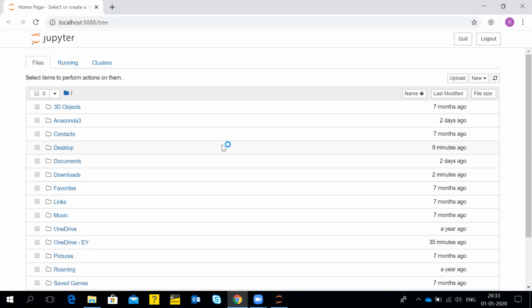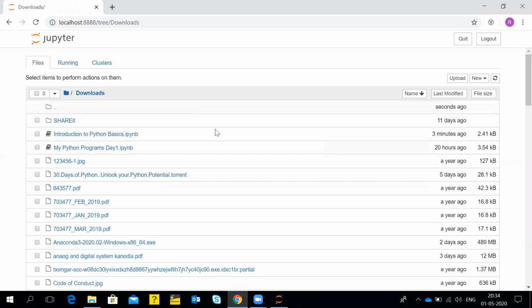So these are all the set of folders which are installed in all your drives. In any drive where you want to save your current working or newly created Python file, you can just go ahead. Suppose I usually keep my files under the Downloads folder, so I will just click into it.